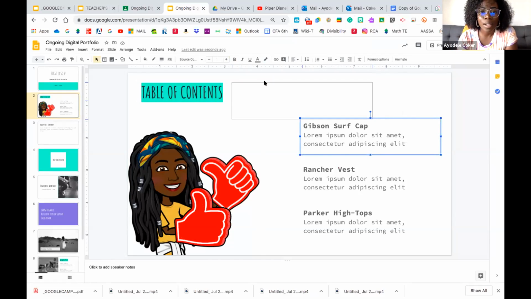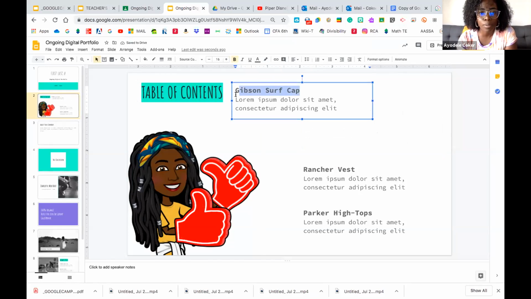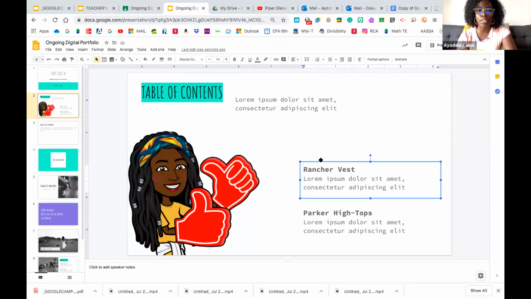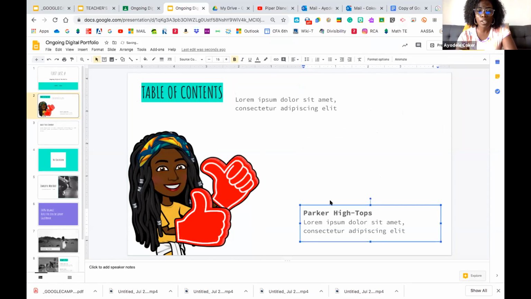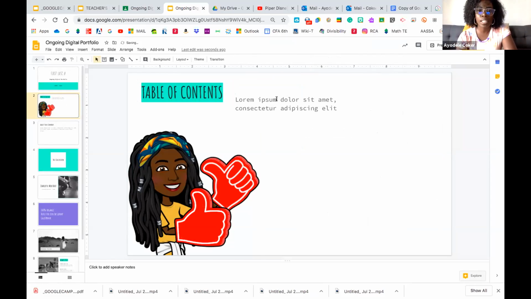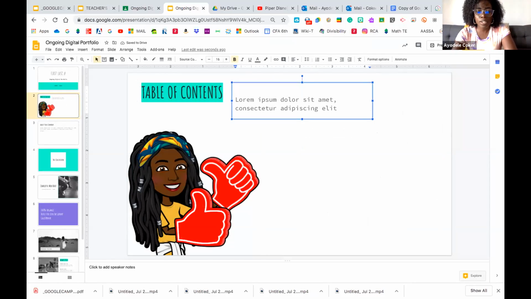So here, I'm going to start with, obviously we don't speak this language, but let's just add, what I tell the kids is I need to see all the subject headings on your table of contents to start, okay? There's so many ways to do this. I can keep all these other text boxes, but for simplicity's sake, let's just keep one for now. Okay, so let's start with language arts, for example. And if you teach any other subjects like PE, or if you're an admin, you know, the sky's the limit. It doesn't have to be the school subjects, okay?